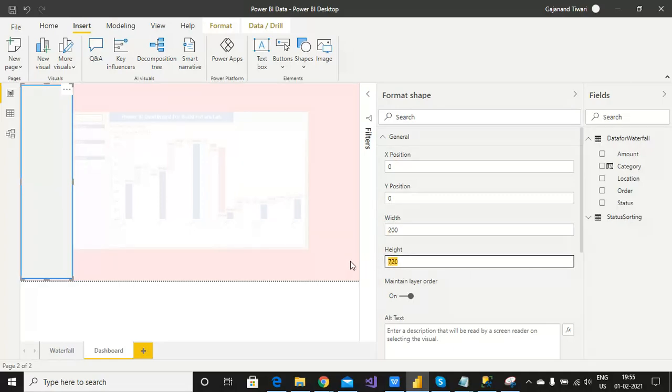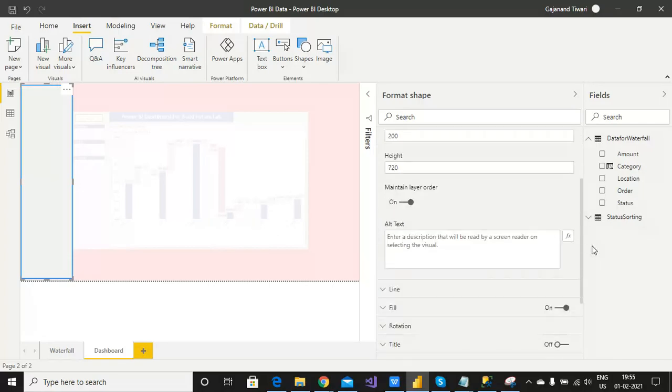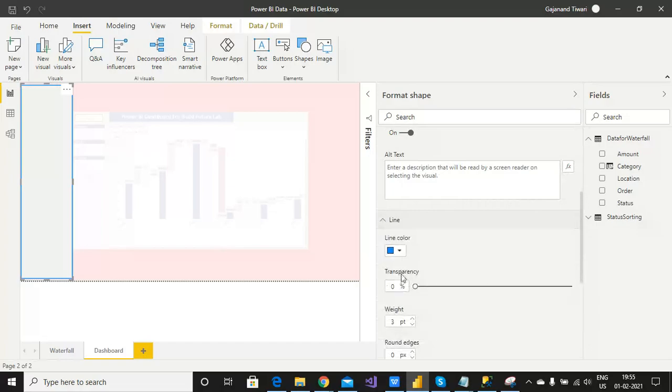And 720 height is good because I require it. Let's try 725; it's not allowed since 720 is the maximum size. So I maintain that.